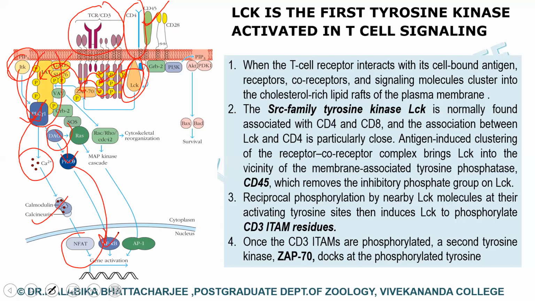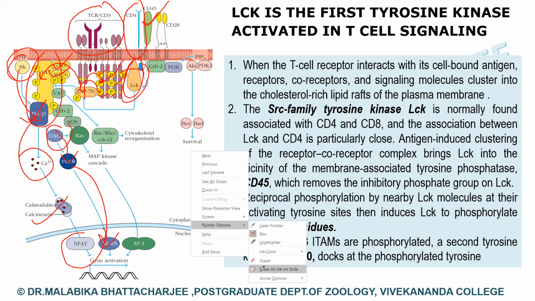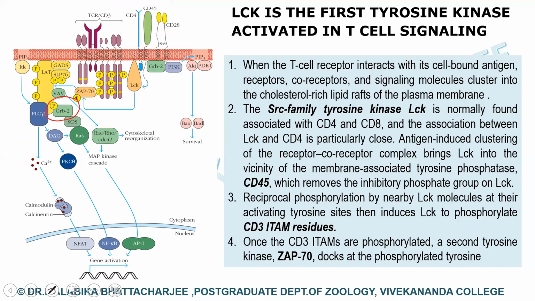And phosphorylated LAT also activates another signaling cascade. It activates GRB2, which binds to SOS. And finally, the RAS pathway is activated. The moment the RAS pathway is activated, AP1, the transcription factor, is activated, which functions to signal cytokine secretion and to pass the signals that reorganize the actin cytoskeleton.